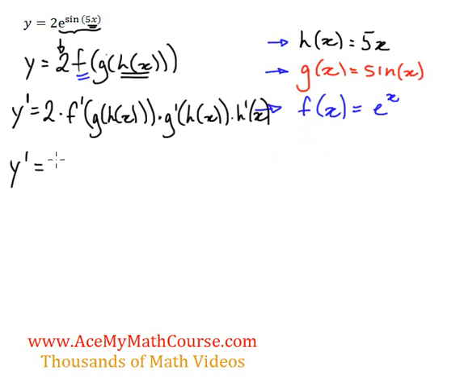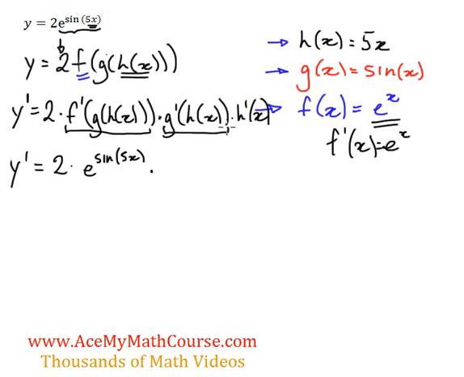So y prime is equal to 2 times f prime of g of h of x. Now what is f prime of x? That's just e to the x. The derivative of e to the x is just e to the x. But we want f prime of g of h of x. So that's just going to be 2e to the power of sine of 5x